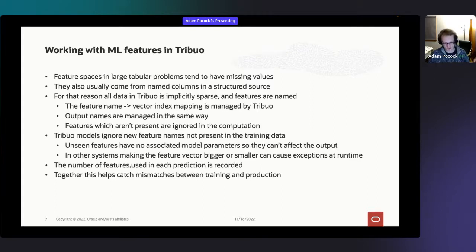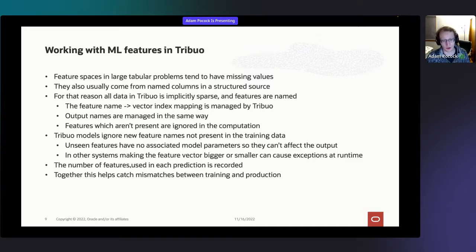In other systems, when you're feeding in a float array, if you make that float array the wrong size, it just crashes, because it can't find things it was expecting to find, or it found too many things and it's not happy. So we make the system robust to that. This is particularly common when working with these large tabular problems. If you end up doing a different join 3 months later and the database table has changed, it won't crash your system. It will just note that something is a bit different.